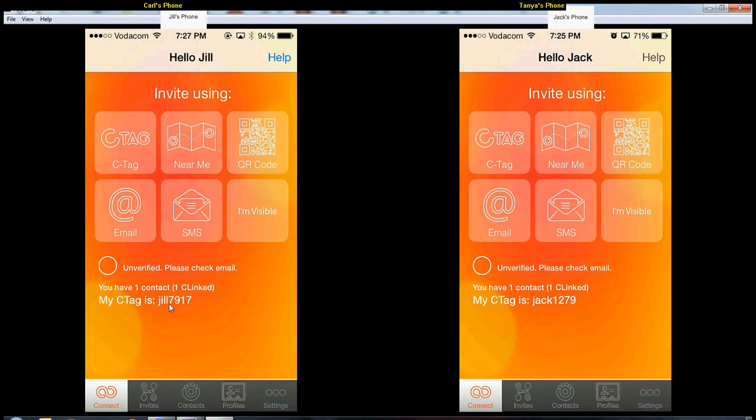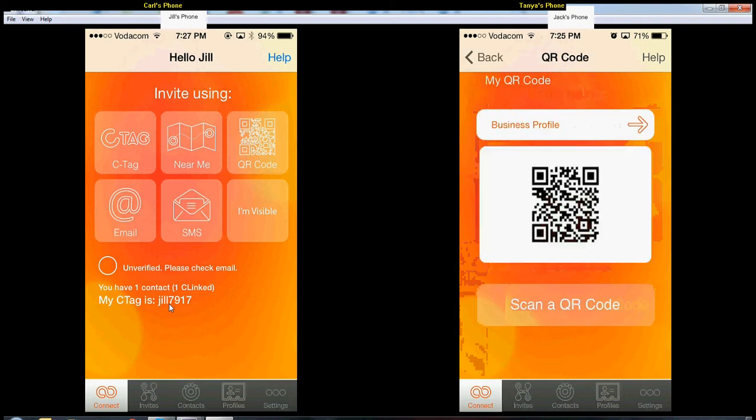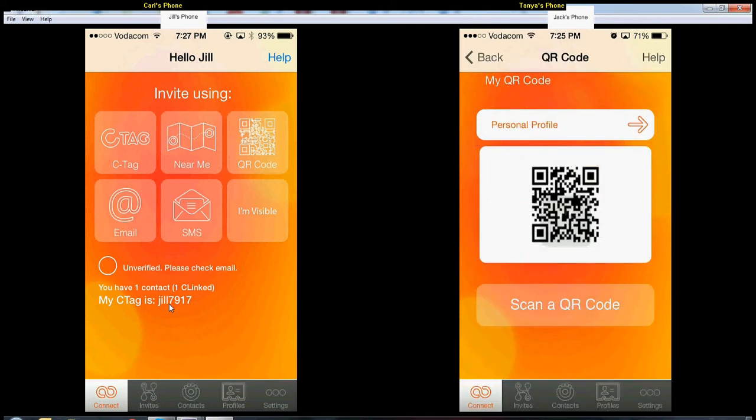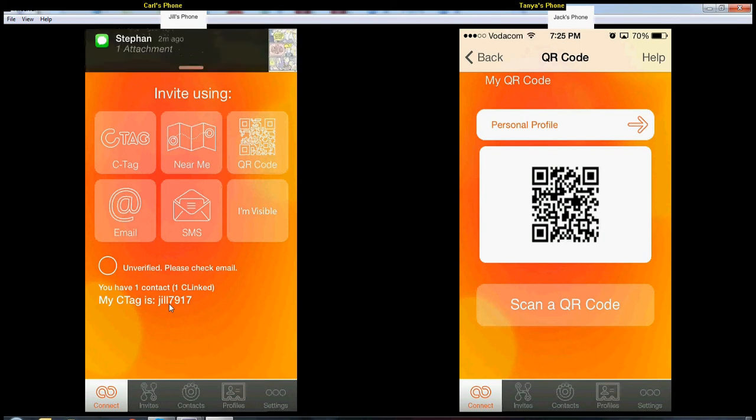There's also an option for QR code, so I could create a QR code for whichever profile, my business profile in this case, or my personal profile, for example, and then the other person could scan that on their phone. So that's assuming that you're sitting next to each other. This is going to be useful, of course, when you are in a restaurant, for example. They may have the QR code with their contactable information in the form of a cue card at their counter or on the window